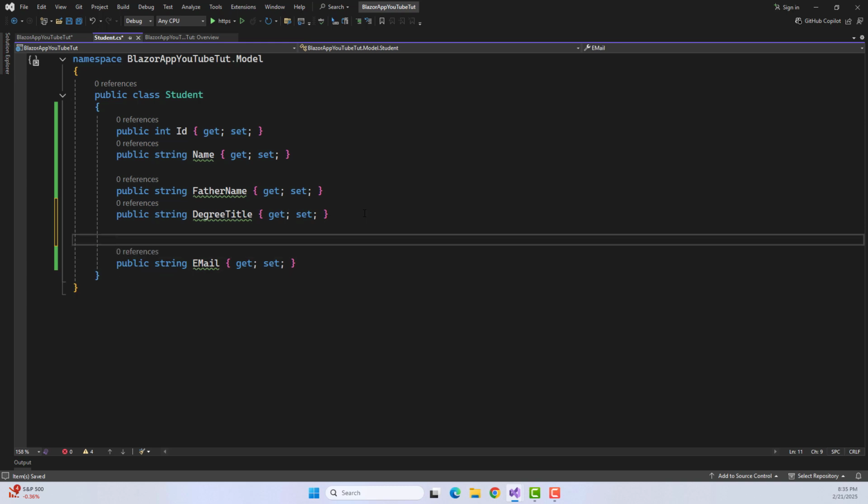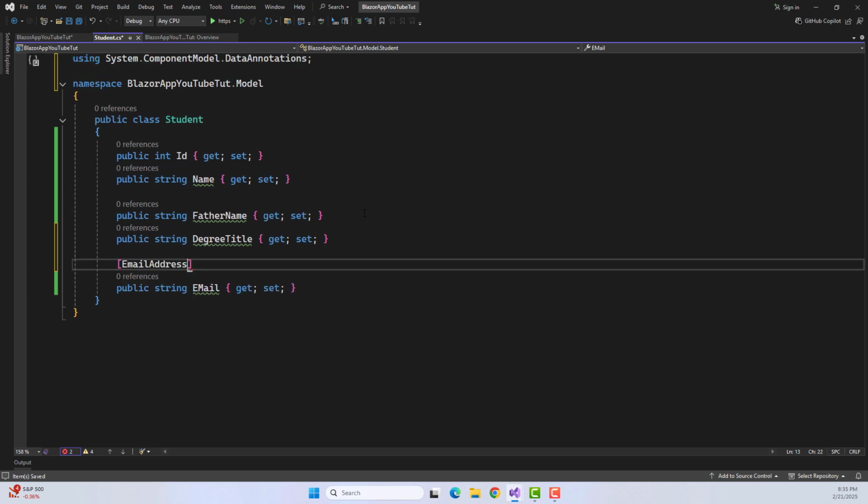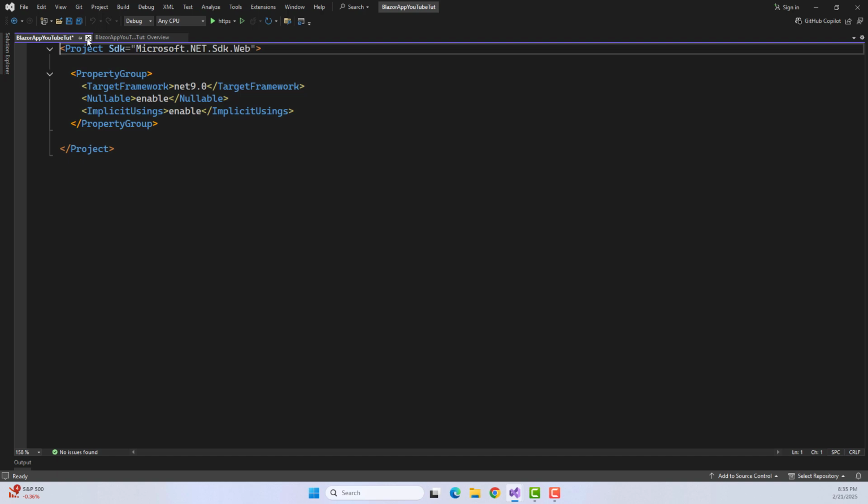You can also set data annotation for the validation purposes, like here if I say email address, that's it. We don't put any kind of validation for name, for father name, for degree title or for ID. So just to understand the concept of data validation, this one is more than enough. Okay, let me close this tab,